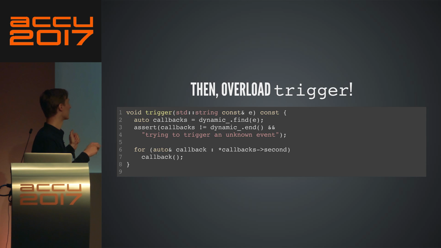Basically, you look at runtime in your dynamic map, then you do a runtime assert. You can't do better than that. So you do a runtime assert if you can't find it, and then you look at the set of callbacks pointed to by that entry in the dynamic map, and then you just do the same thing as before.